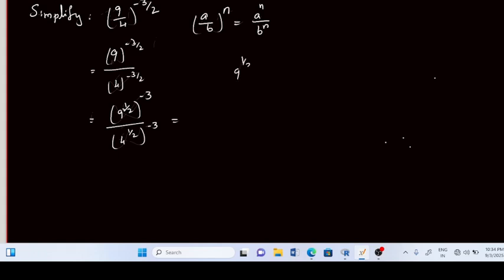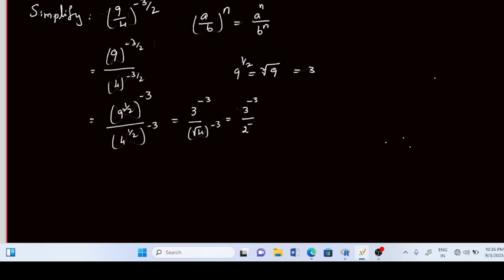Now, 9 power 1 by 2 can be written as square root of 9. So here 2 is there, we can write it as 9 power 1 by 2. So square root of 9 is 3. So here we can write it as 3 power minus 3 dividing by, this one is square root of 4 power minus 3. So we can write it as 3 power minus 3 dividing by square root of 4 is